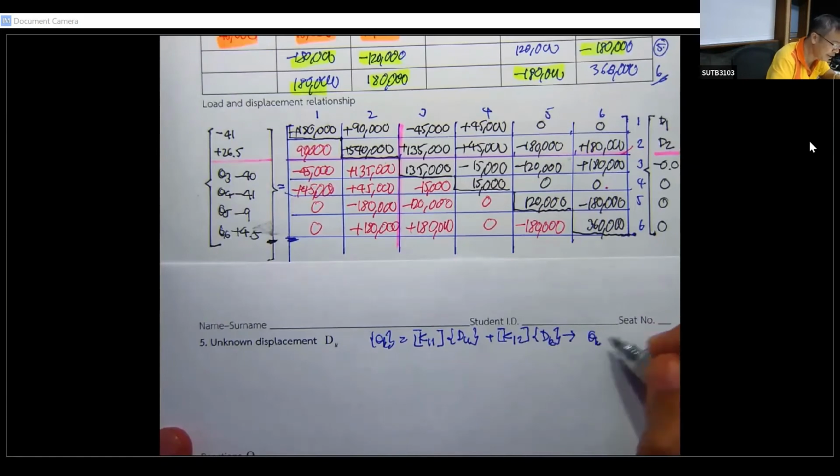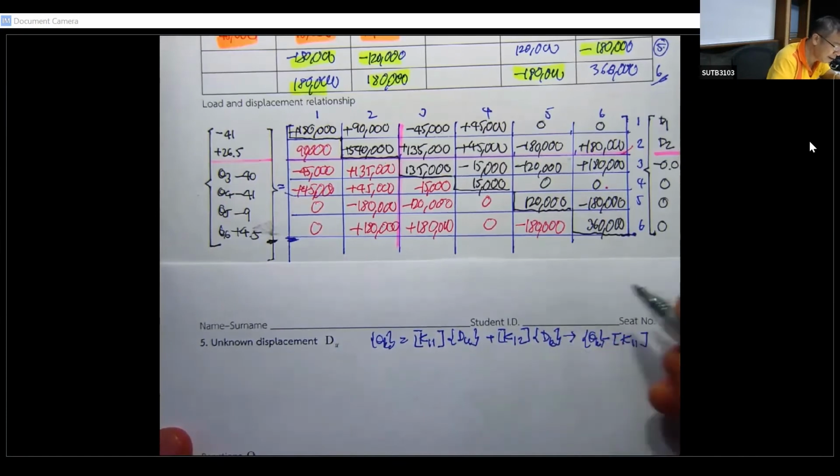So your Q sub K minus K12 times D sub K, and this one you will know is going to be the column matrix, equal to K11 times